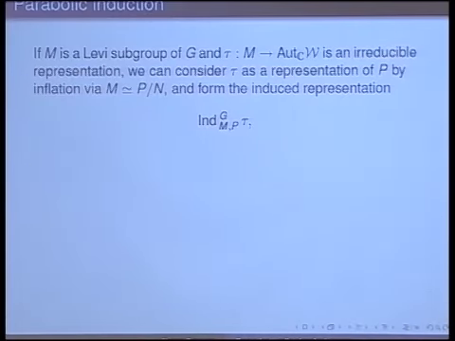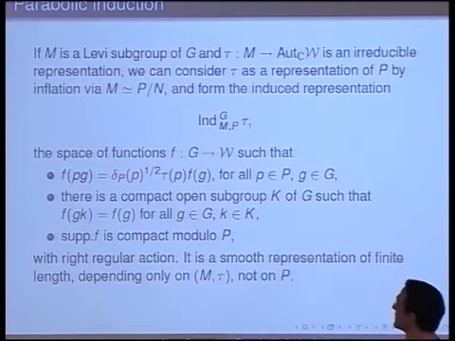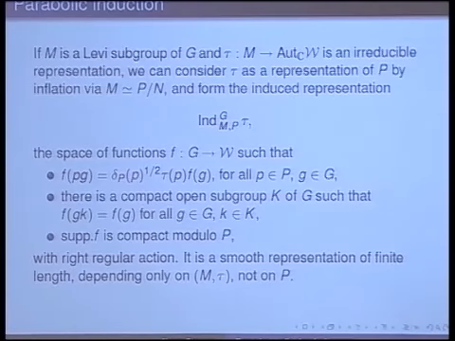So of course, what you can do then is, if you have an irreducible, let's say, representation of a Levi subgroup, you can induce it up to the full group. So first of all, you inflate it to the parabolic, and then you induce. What I've done now is I've written down the definition of induction just to make one small point. The model of induction that tends to get used is in terms of space of functions. So it's the space of functions from G to the space of our representation, which more or less transform on the left under the representation τ.